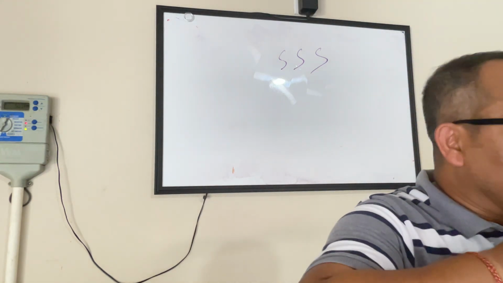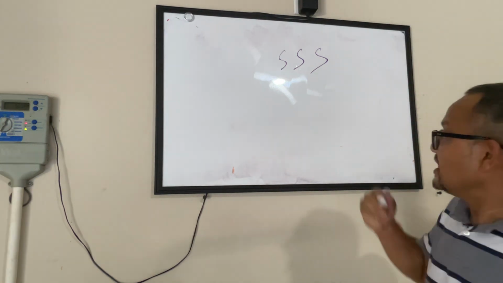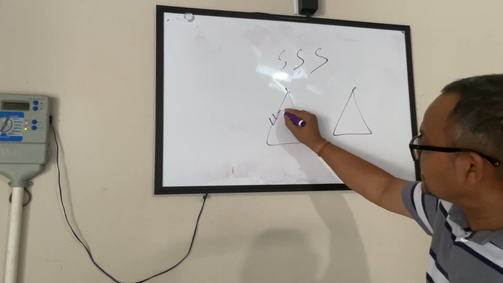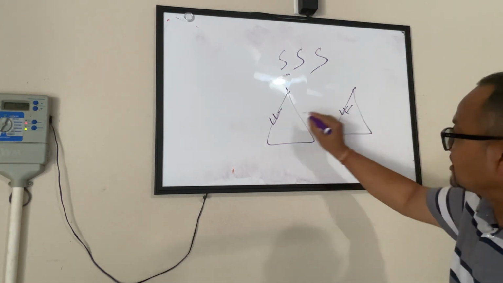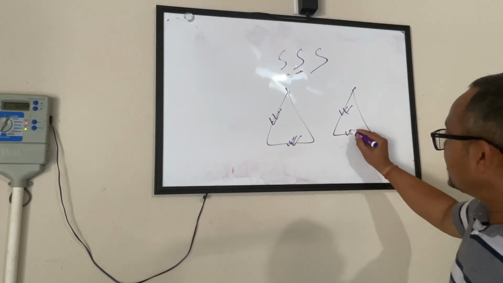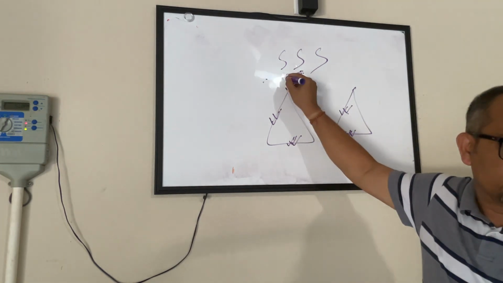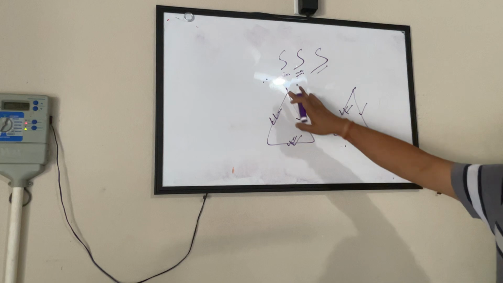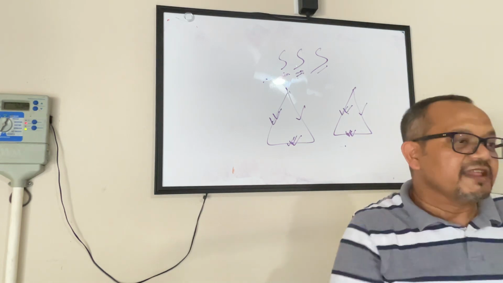If there are 2 triangles with all 3 sides matching each other, meaning if I have triangle A and triangle B, one side of this triangle and one side of that triangle, meaning S, one side is matching in both triangles. The second S says the second side is also matching. So 2 of the sides have matched. And S, the third. So SSS means if 3 of the sides in 2 triangles have matched, then the triangles are